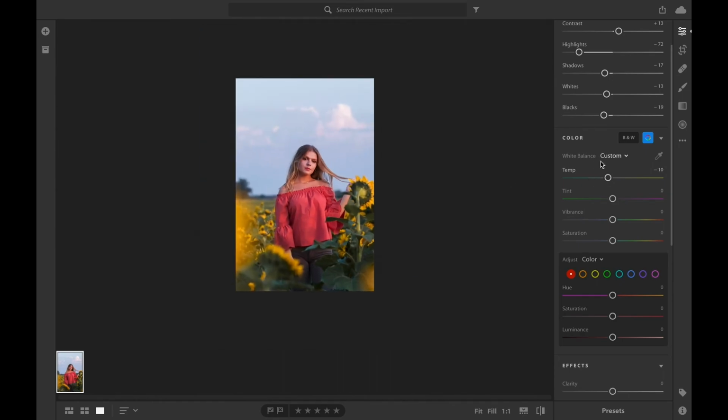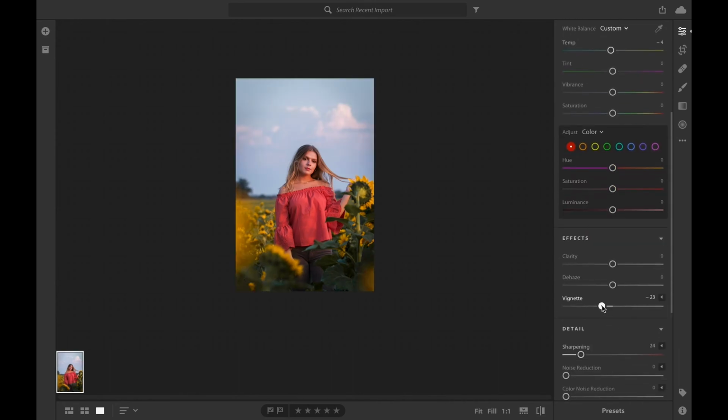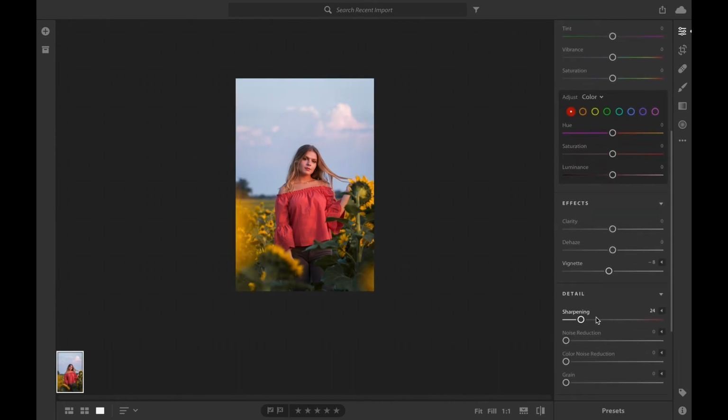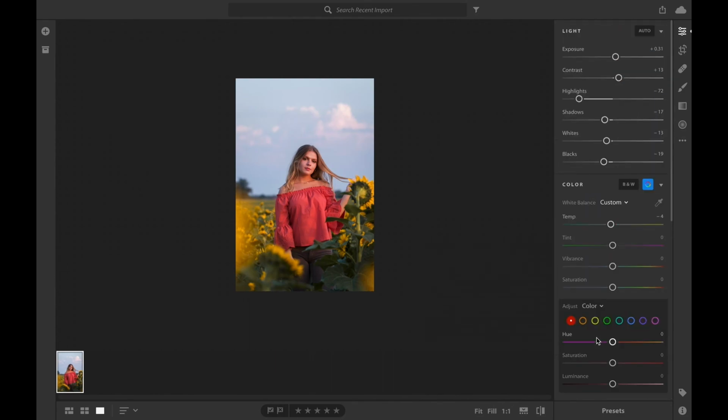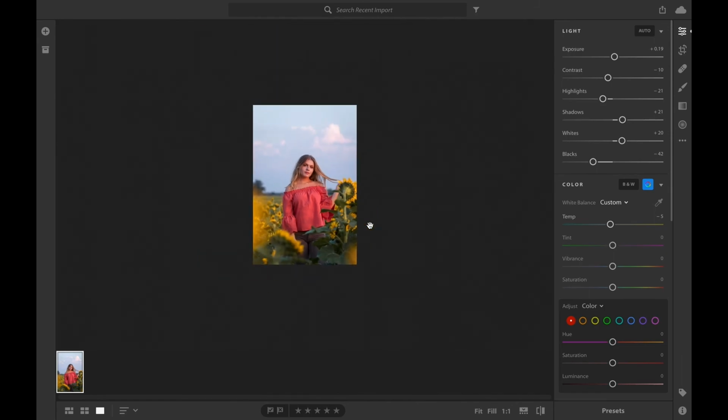I mean, if you're more of a warm tone person, you can do it like this, or you can keep it on the cooler side like this. Add in the vignette, sharpening, or you can even just do auto and see what it does. It did this for me, but I'm gonna go in and actually lower the tones and make the warmth a little up. So I mean, yeah, that is pretty much it when it comes to editing in Lightroom and Photoshop